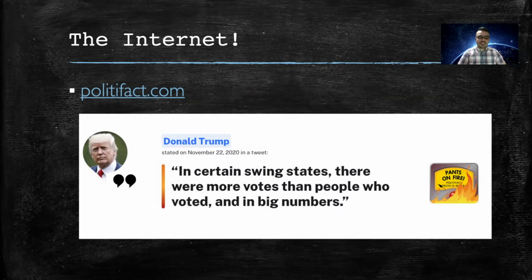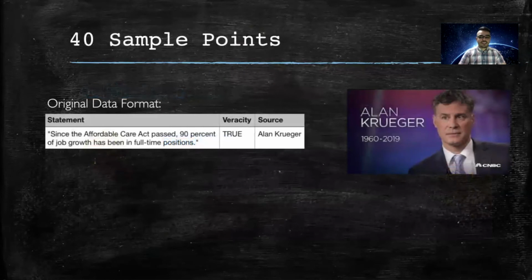politicians and decided whether that statement was truthful, deceptive, or in this case, pants on fire, which is to say an exaggerated lie. So I can scrape this data, which I did, and you can get, for example, 40 sample points and 20 truthful points and 20 deceptive points, and we can do some simple statistics.